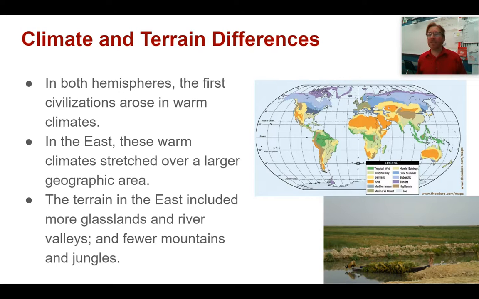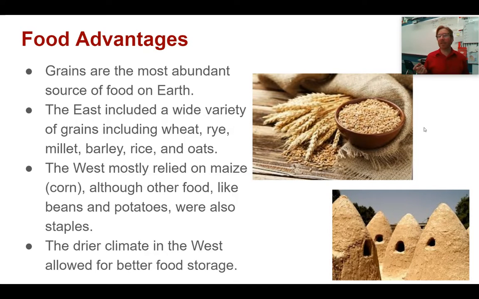Another big important difference was the drier climate in the East. Let's flip back. In these arid and semi-arid areas, it's really easy to store grains. Not a lot of moisture gets in to create mold and fungus and destroy your crops. But in the West, you wound up having a lot of that jungle terrain where that humidity might seep into any stored food and ruin it. So the larger supplies of food meant that those populations could survive droughts or crop disease much more successfully than those in the Western Hemisphere.